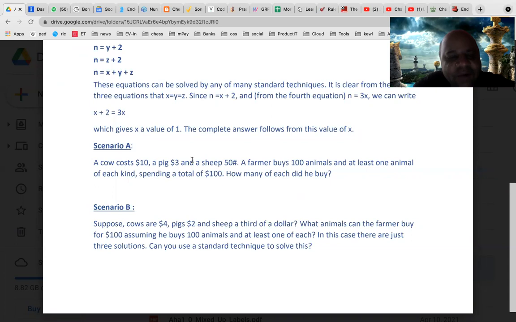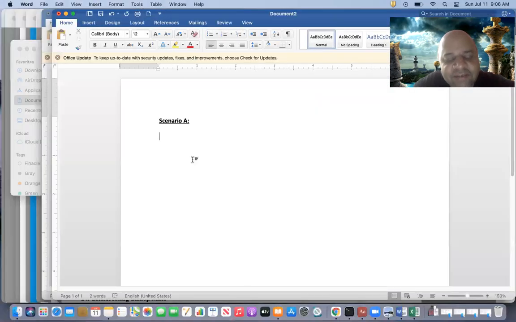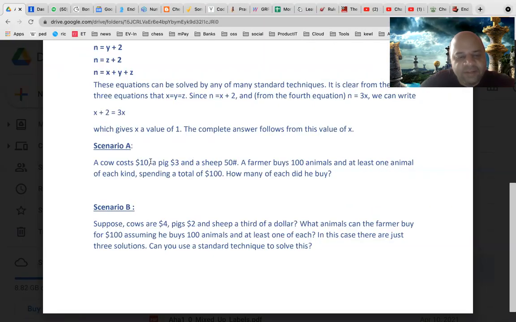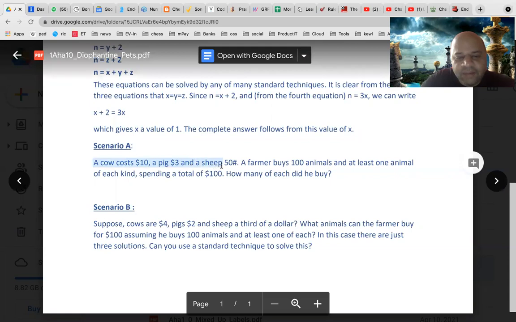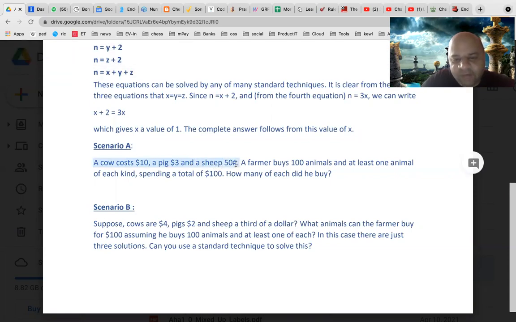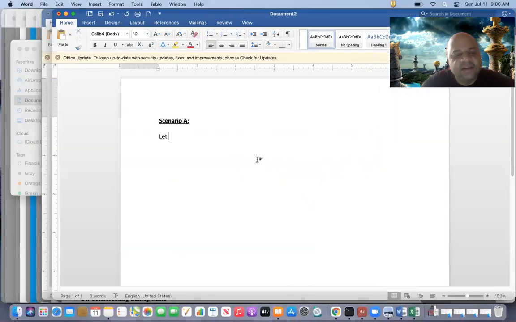Okay, and what we will do is we will try to solve them using these equations. So let us say what is the scenario A? What we have said is that a cow costs $10, a pig costs $3, and a sheep costs 50 cents. 50 cents means $0.50, right? So I'll first put this here. So 50 cents, which is equal to $0.5. I think that is what a sheep costs. So let the number of cows